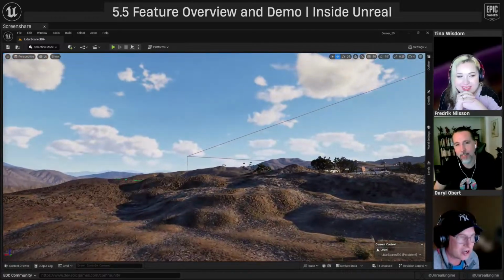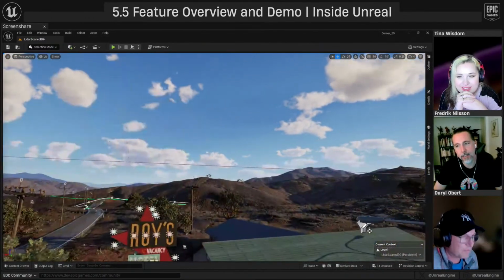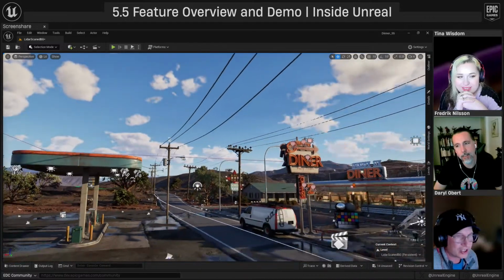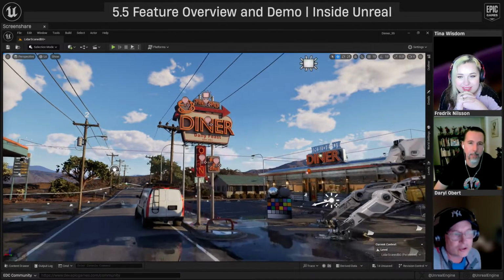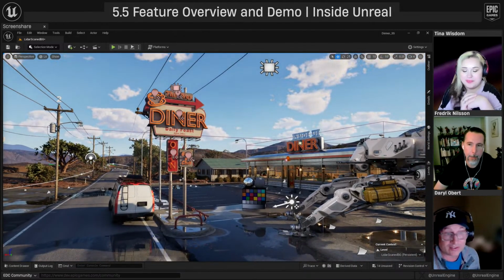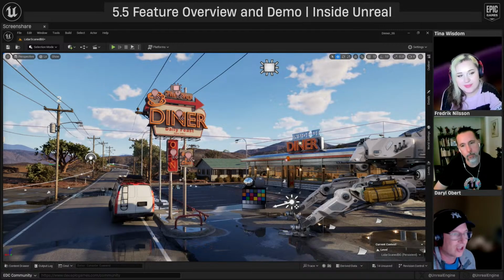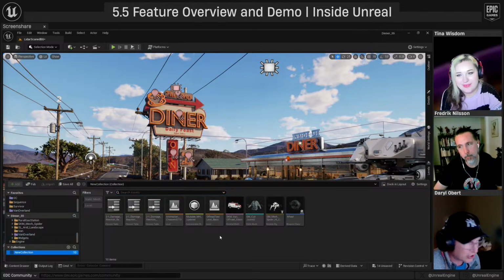So the next thing that I want to talk about, let's get back to our... We want to run a physics simulation of destruction on this diner sign. We have a really new non-destructive procedural-based workflow for doing this type of destruction work, which is super cool. If we jump into our collection, I'll bring up the most simple version of it.